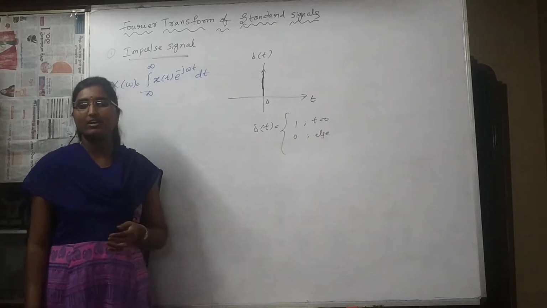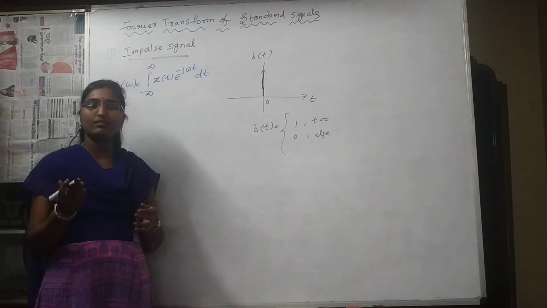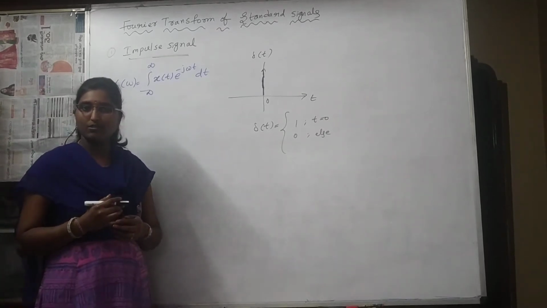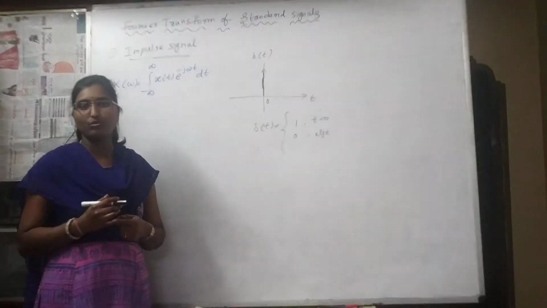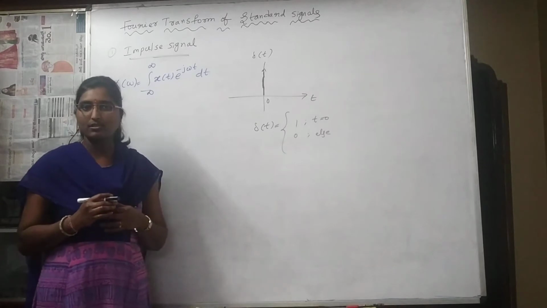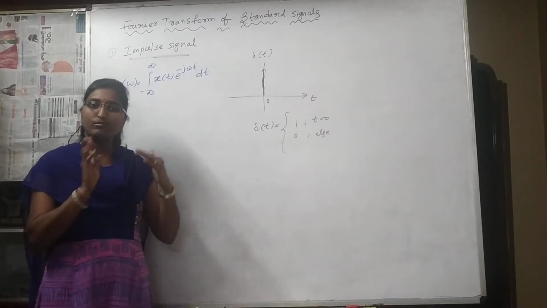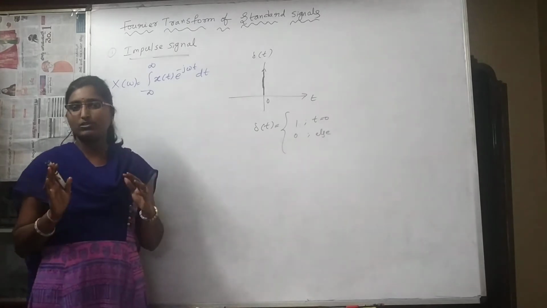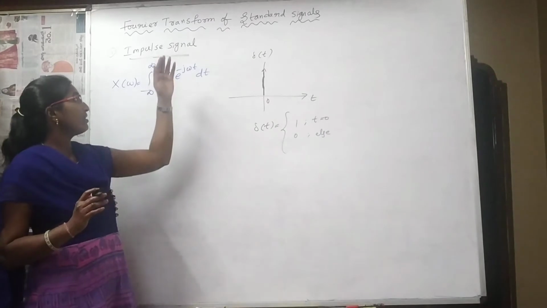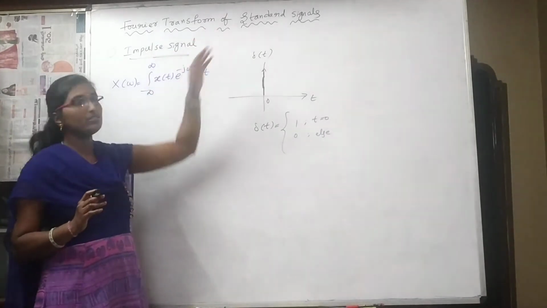In the last class we derived the Fourier transform from the Fourier series, from where we came to know the formula of the Fourier transform and the inverse Fourier transform formula. We also studied the Fourier spectrum in the last class. Same as the Fourier series, even for the Fourier spectrum there will be an amplitude spectrum and a frequency spectrum. In this class we'll see a few Fourier transform techniques on some standard signals.